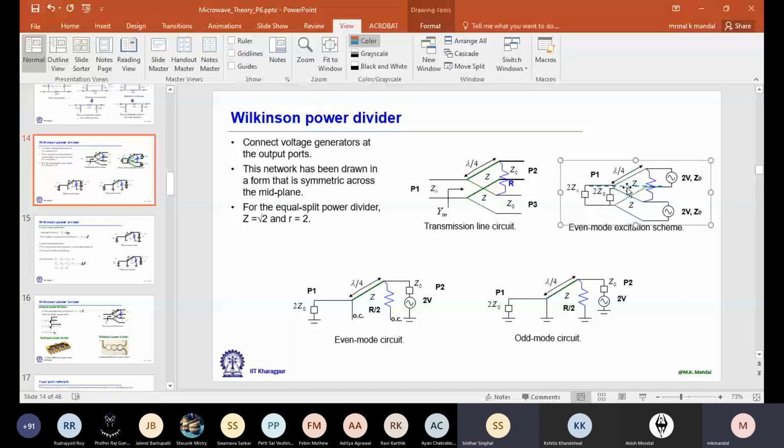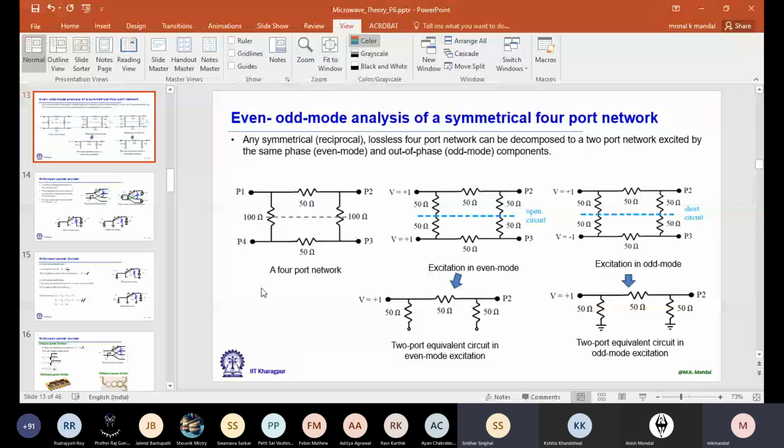Sir, in slide 13, could you show where the two Z0s would be placed? Like we divided, I understand that in the previous network we had P1 and P2. So instead of P1 and P2 where we had +1 +1, we would have P3 and P4. Now here you want to know why there is twice Z0? Yes, sir.